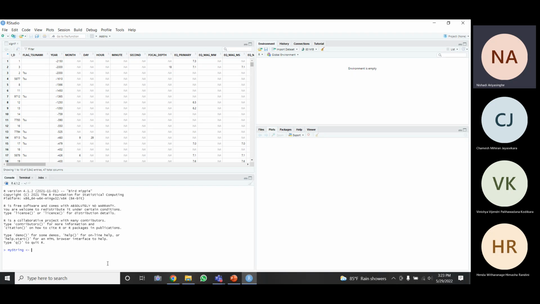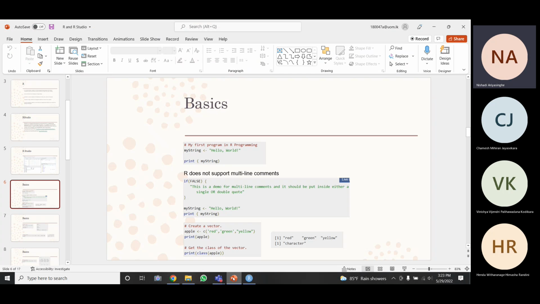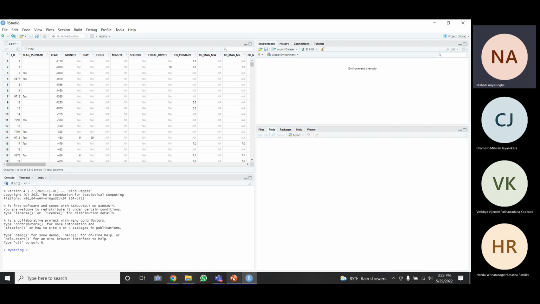Inside this variable I'm going to include a set of words like hello world. When I click enter, you can see under the environment tab a new value has been created. The variable name is myString and the value inside the variable is hello world.